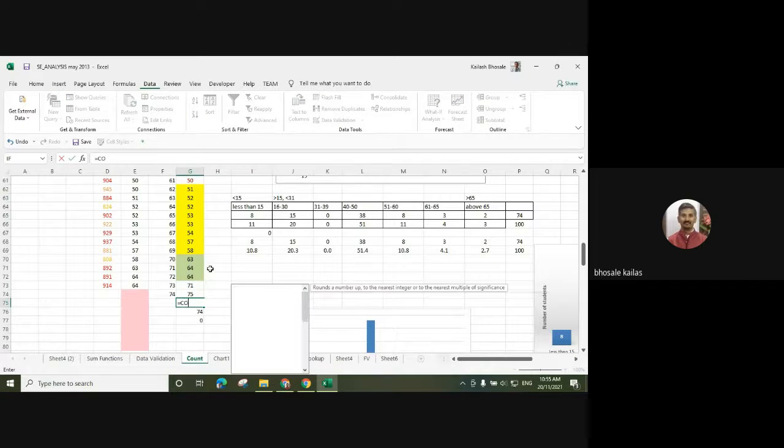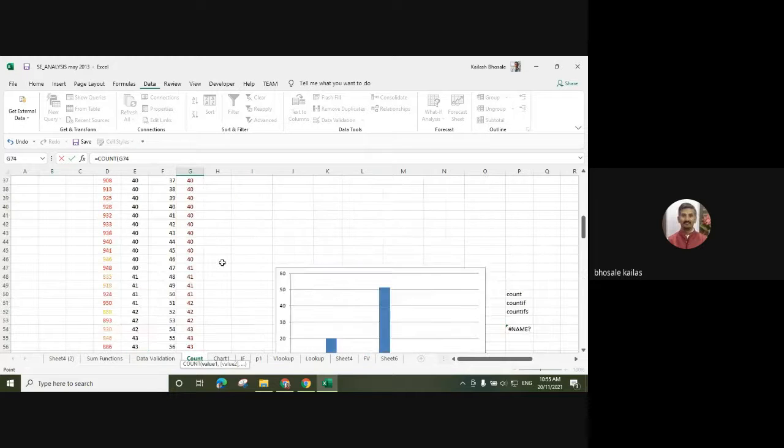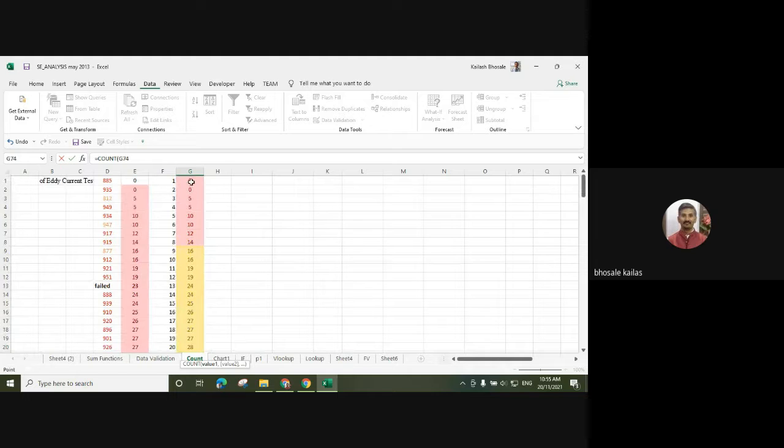Equal to COUNT. The count function counts the number of cells in a range that contain numbers. It will count how many numbers are there in that range, that data. Select the data from the last value to the initial value.